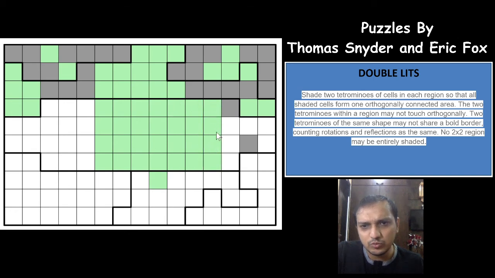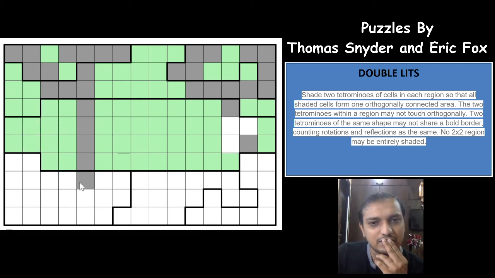You already have 2 tetrominos used here, right? And you'll have a tetromino here or here somewhere, right? That's nice. So which means that if you have an S here, just in one tetromino you have to reach the border of the other region to get connected, which is not possible using S, and it is not possible using I having these 2 cells, because again you'll have an I here. Wow guys, that is awesome, which means this will have to be the I here. That is actually very good.